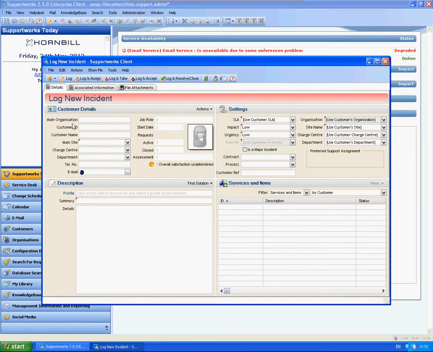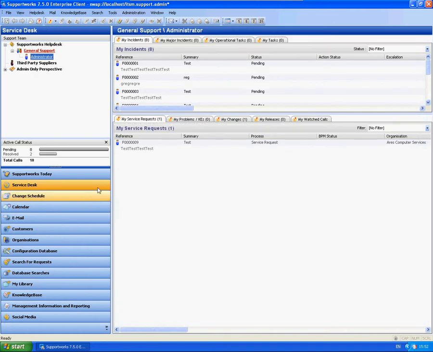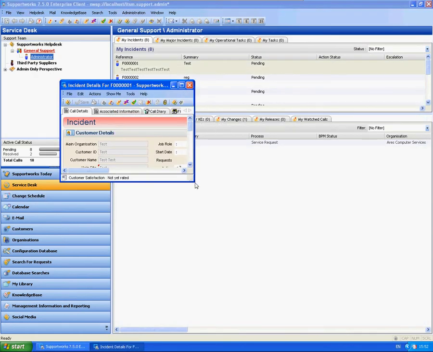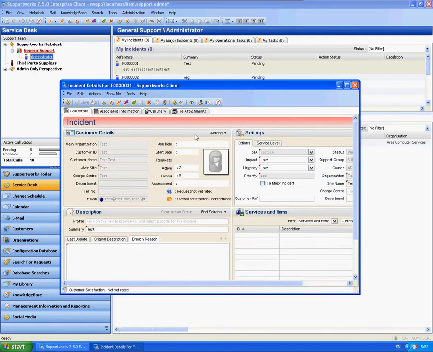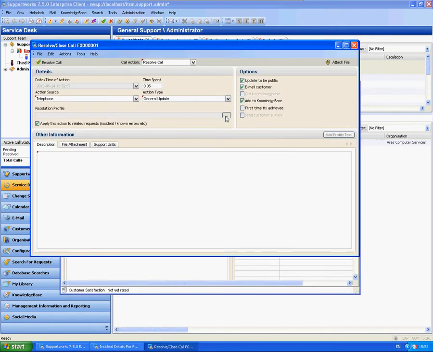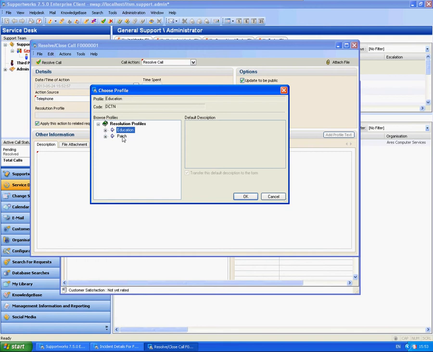Okay, so now we're going to move across to the resolution profiles. So let's open up an already logged call. And you'll see that when we go to actions and resolve call, it's going to pick up both education and patch. So again, I'm going to take down one of the ones. I'm going to keep it so education is the only one that appears. So DCTN,